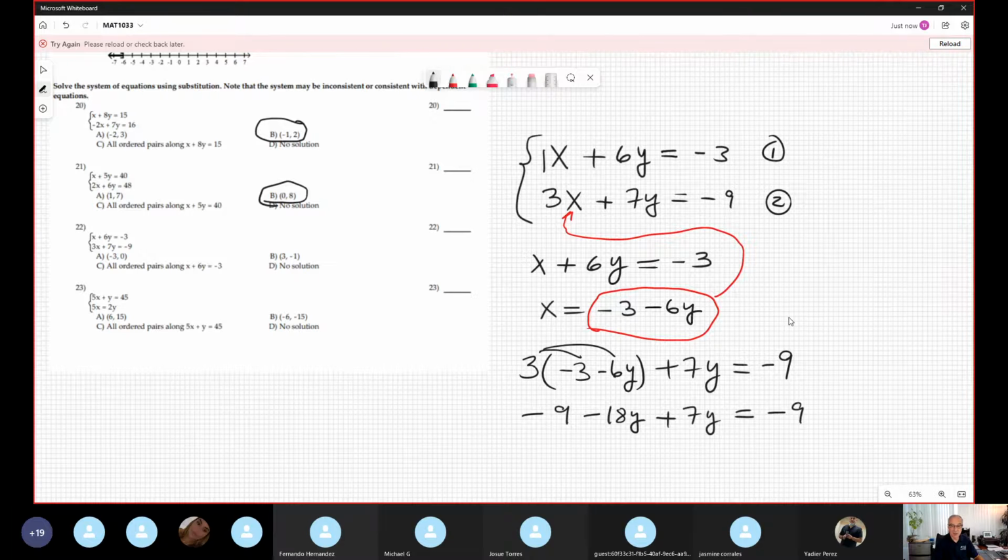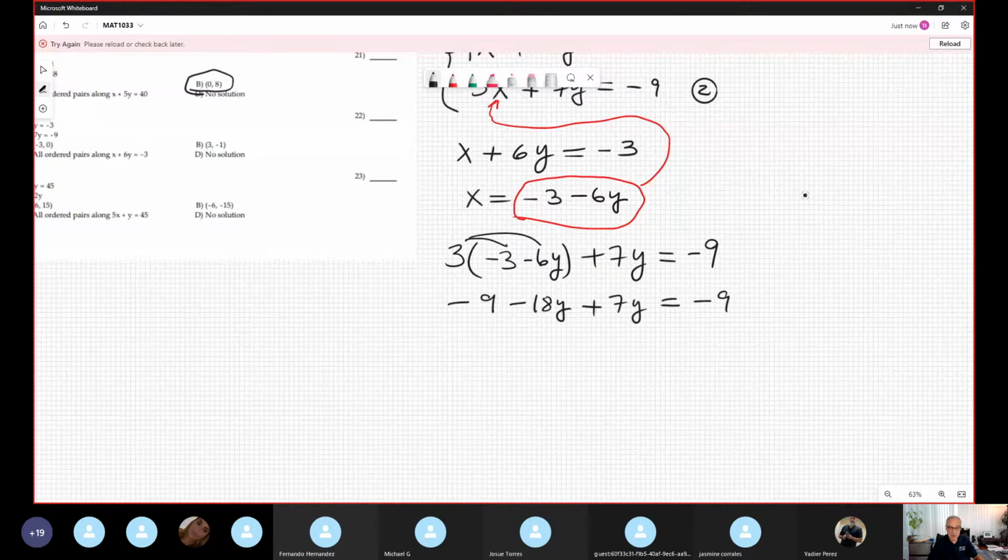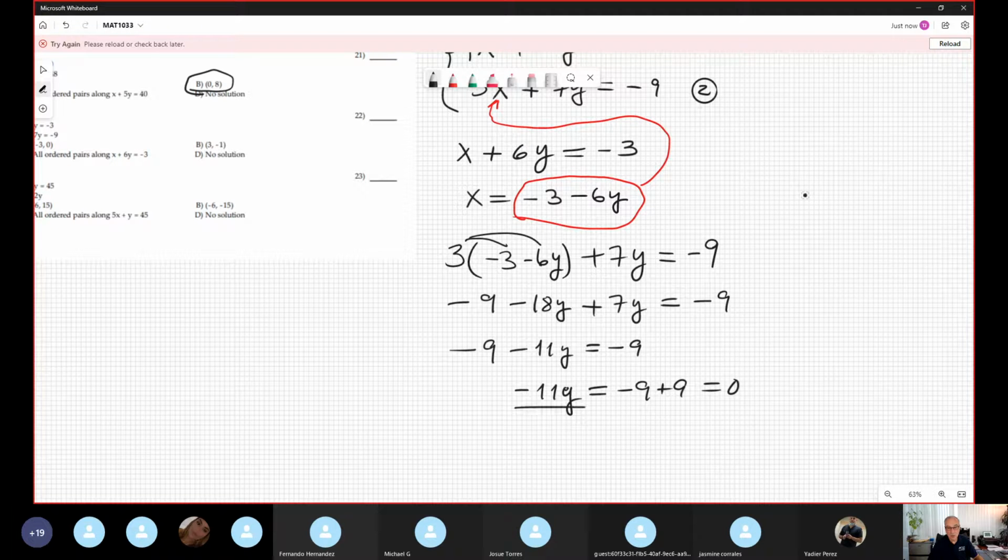We combine: negative 18 and positive 7 is negative 11y equals negative 9. When you move this 9 to the other side, we have minus 11y equals minus 9 plus 9, which is 0. Wow. When you divide by negative 11,